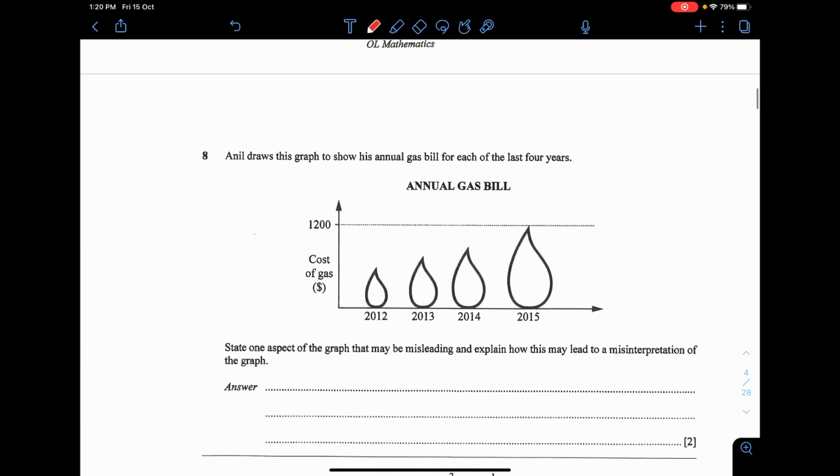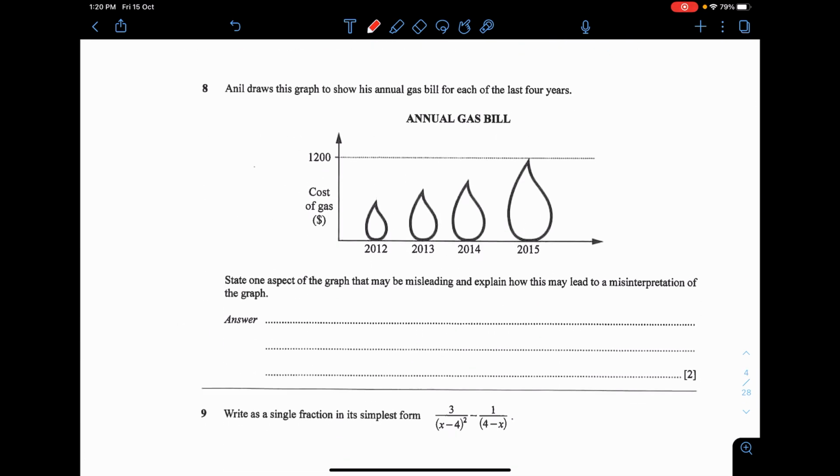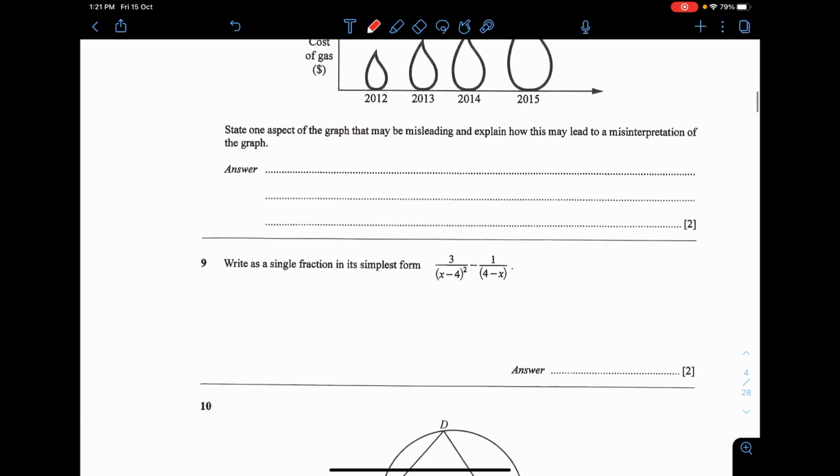Okay, next question. State one aspect that the graph is misleading. Tell them that the size of the sticker here, this is technically a pictogram, is actually really misleading because it can be interpreted as the height. You can tell that they actually put a height here, 1200. However, at the same time, it also can be interpreted as the ratio of the area. So these are actually even two aspects that you can mention to them, why it's misleading. Is it the height or is it the size of the picture?